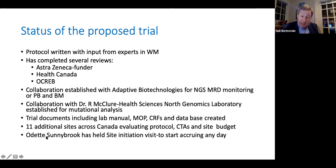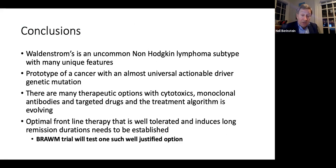Odette Sunnybrook is the lead site, and it's already gone through all of these steps. The contract is approved. We've had what's called the site initiation visit, and there's just a few steps left to complete, which we've been working on this week to be up and running at the Odette as the first site. And then over the next, I would say next 3 months, these other sites will come aboard in different parts